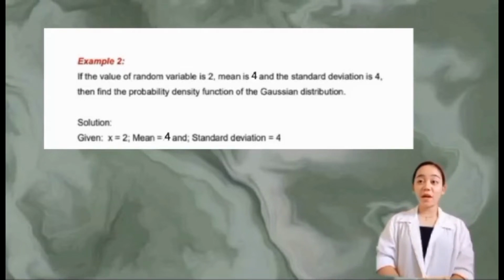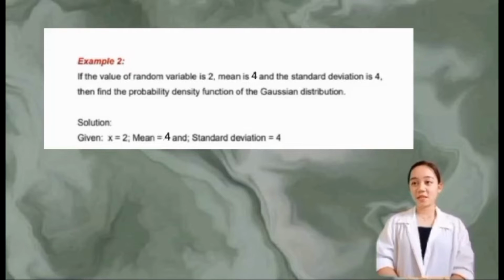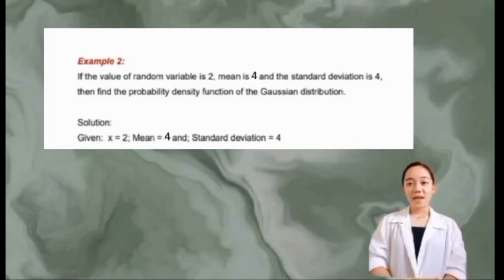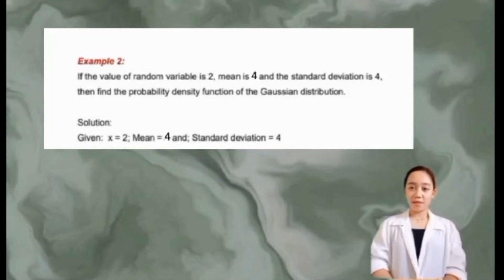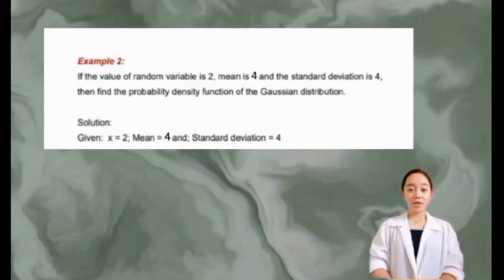If the value of random variable is 2 and the mean is 4 and the standard deviation is 4, then find the probability density function of the Gaussian distribution, or what we've known as normal distribution. So first is we need to find the given values, which is our x or our random variable is equal to 2, our mu or mean is equal to 4,